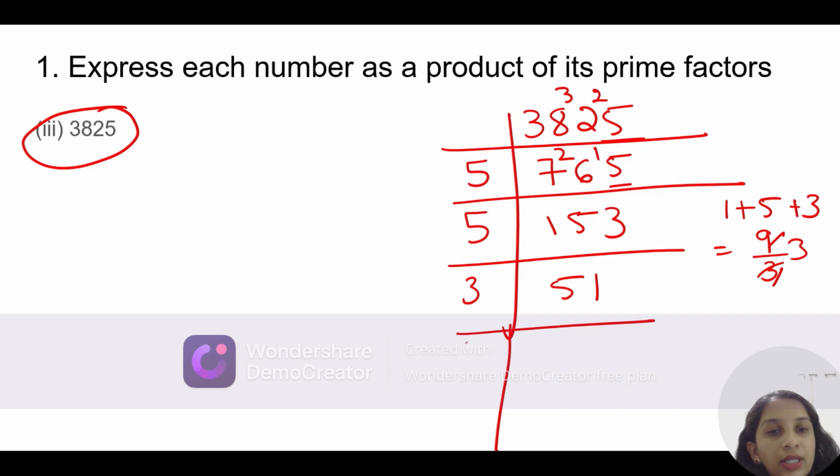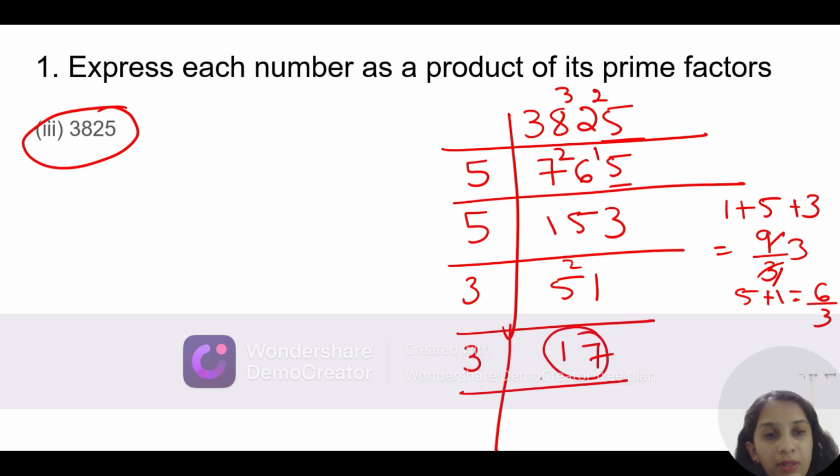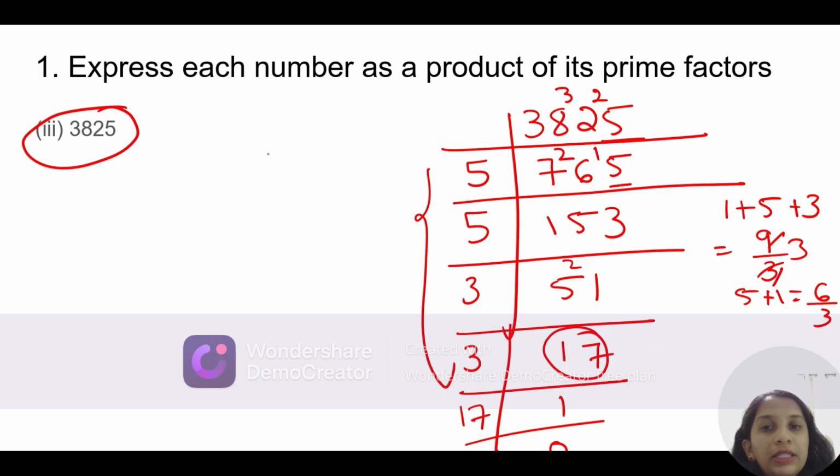Okay. Next, can I take 3 again to divide this? Yes, because 5 plus 1 is 6. 6 is divisible by 3. So 3 ones are 3, 3 sevens are 21. Okay. Next, 17 is a prime number. So I should take 17 only here because I cannot divide 17 by any other number. Okay, now I got the prime factors for the number